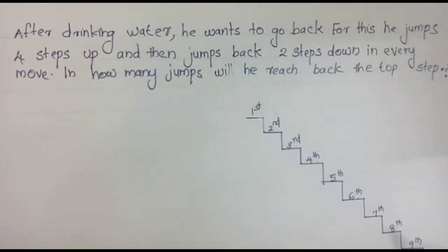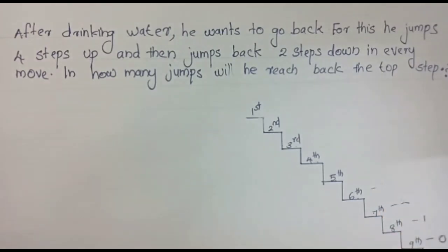Now he is going back. So now he is on the 9th step. So this is the starting point. We take this as 0 since it is the starting point. He is going up, so we mark these steps using positive integers. So this one I will mark as 1. This is 0. So this 1, 2,